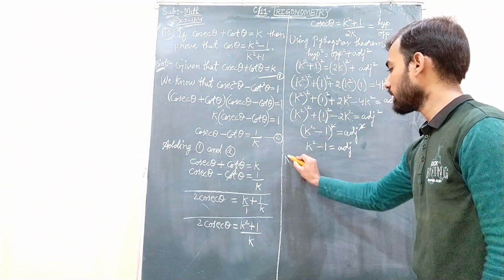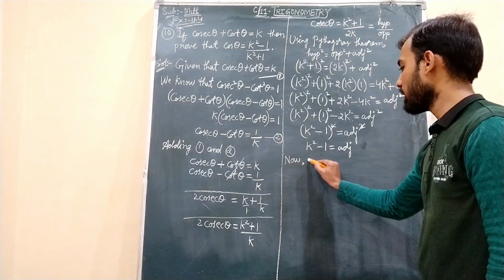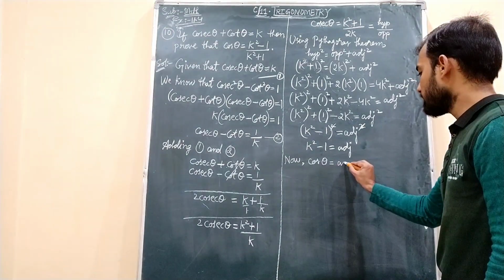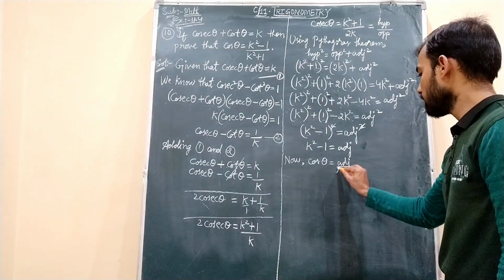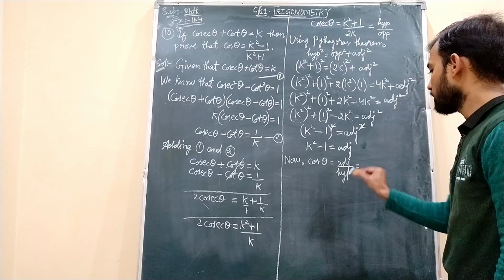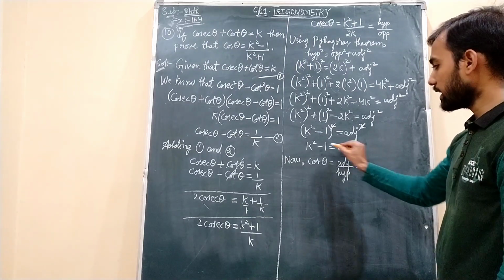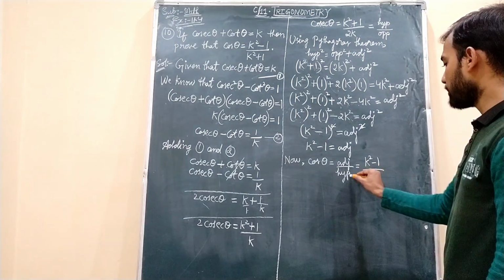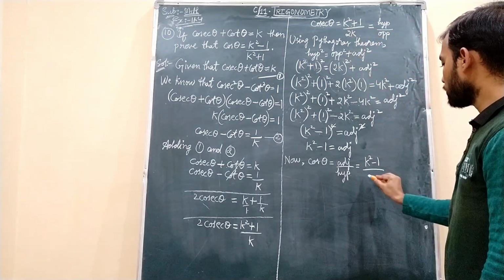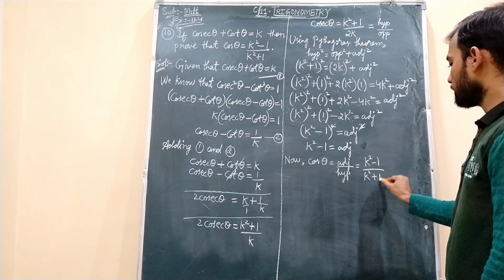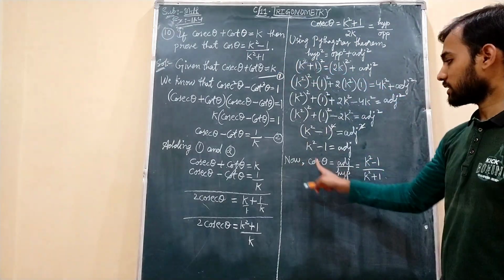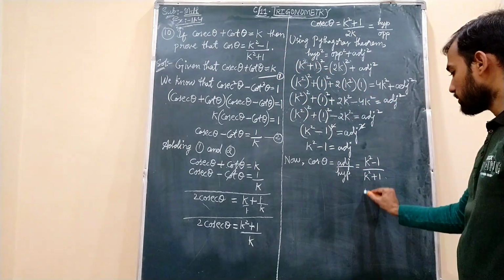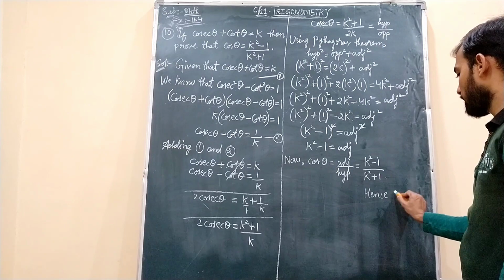What he has to prove is the cos theta value that he stated. So now I am taking cos theta. The formula of cos theta is adjacent by hypotenuse. Just now we got the adjacent side, that is k square minus 1, divided by the hypotenuse we already had, that is k square plus 1. This is only given in the question, students. Cos theta equals k square minus 1 by k square plus 1. We got it, right. So at last we need to write hence proved.